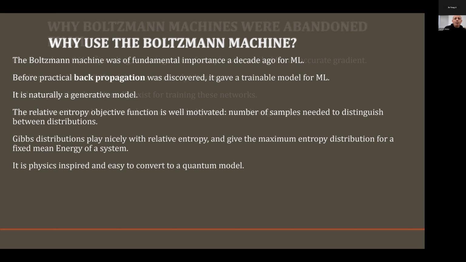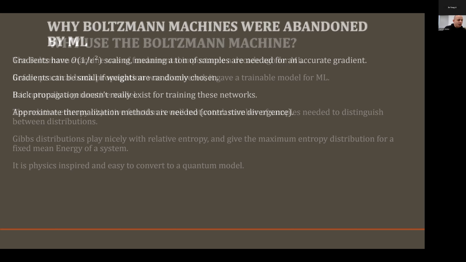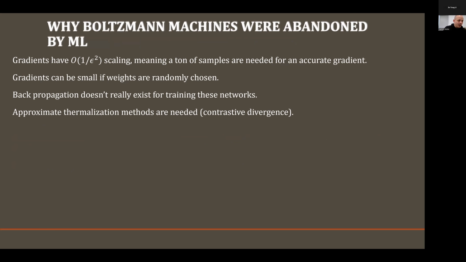One of the things I want to mention that's really important is that the Boltzmann machine ended up being very important in the beginning of machine learning. In fact, Geoffrey Hinton goes so far as to say the most impactful thing that Boltzmann machines ever led to was him getting tenure. One of the reasons why people end up using them less is because gradients are extremely expensive to compute using